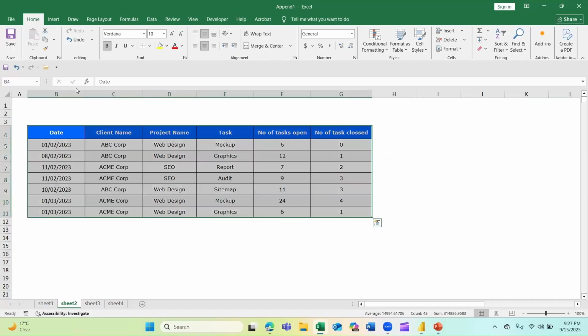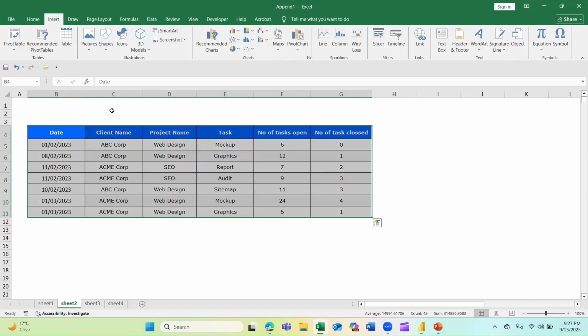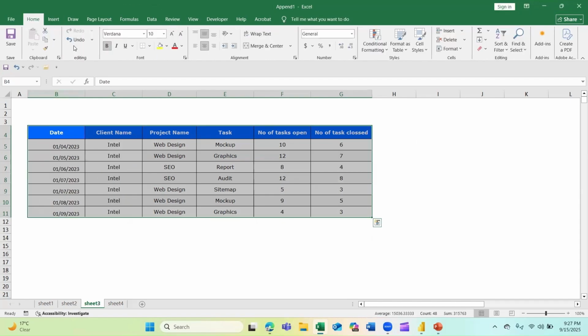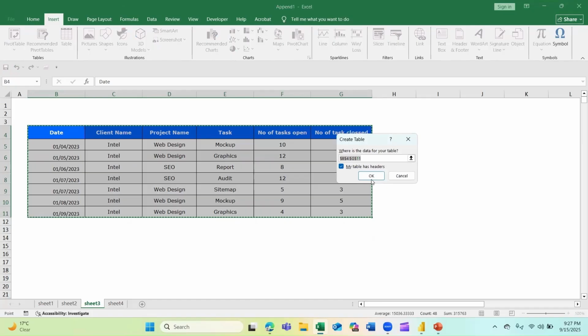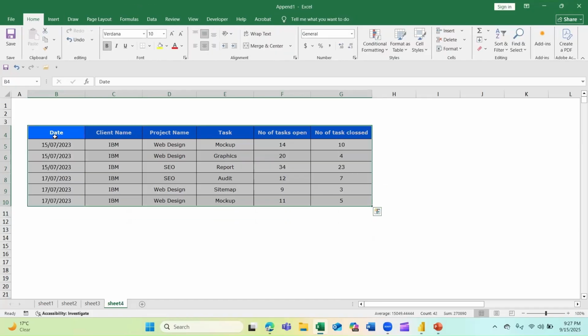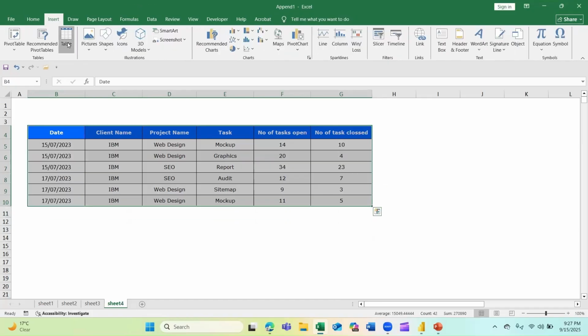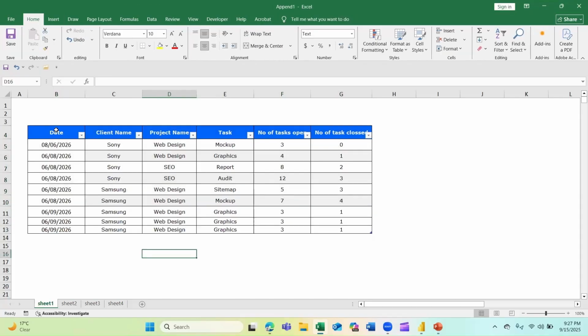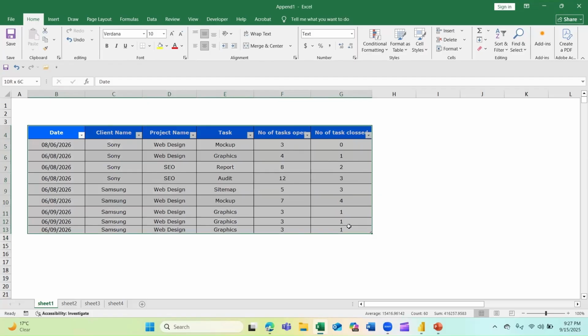Similarly, we can do this for the other tables. We just insert table, click OK. Table, click OK. Table, click OK. You can also give names to these tables if you select them and write a name here in this cell.